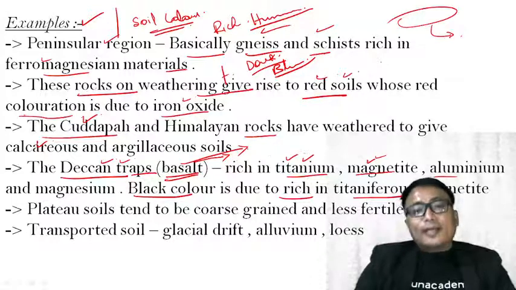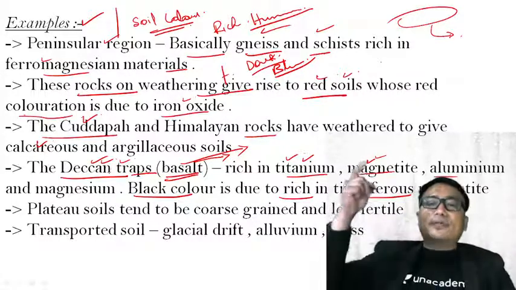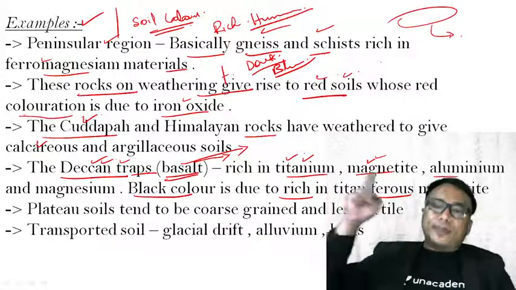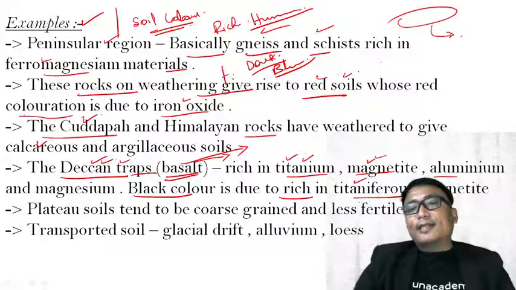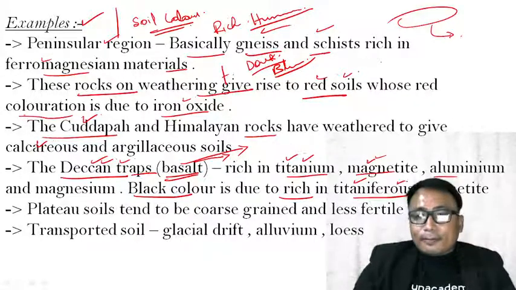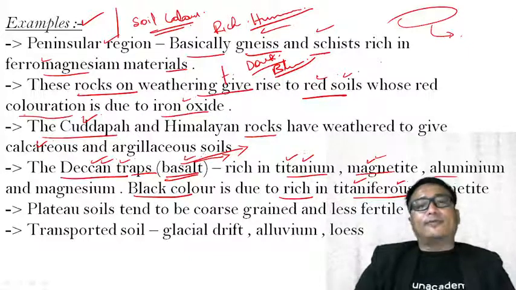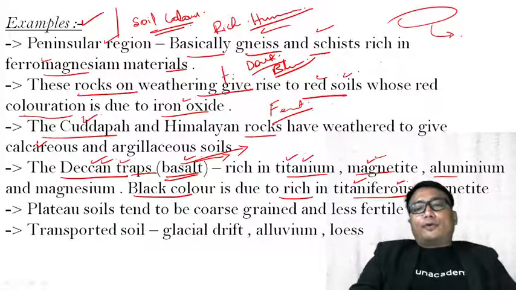Now, the black color of the soil in this Deccan region is not because of the presence of humus, but because of its richness in titaniferous magnetite, which is an important material in the parent rock itself. That is how the fertility of the soil is determined by the parent rock,